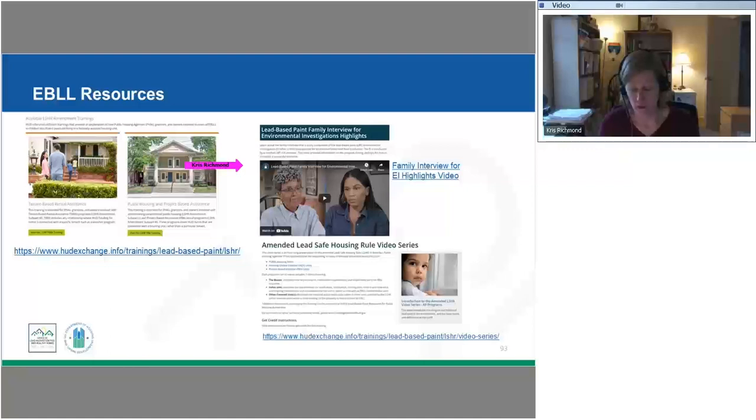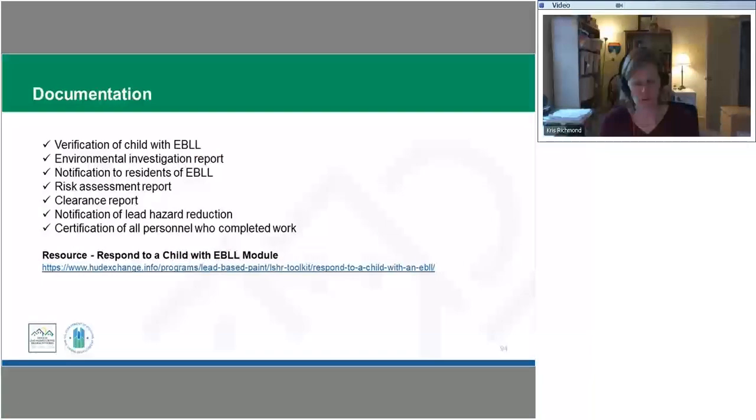And then we also have the toolkit and a lot of other guidance and sample forms that are available to you. So documentation, what are we going to be doing? Verification of the child with EBL. Remember, this could be the email, notes from a phone call, a copy of the environmental investigation report. We would want to have copies of notification to the residents of the elevated level child, a copy of the risk assessment report, a copy of the clearance report once work has been completed,